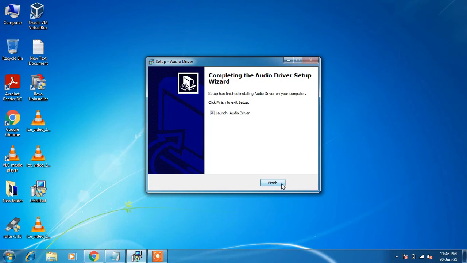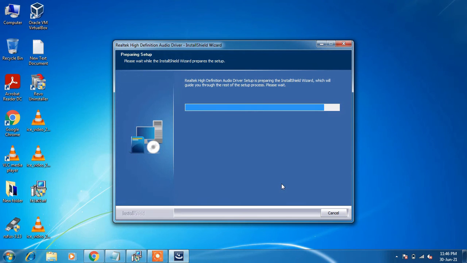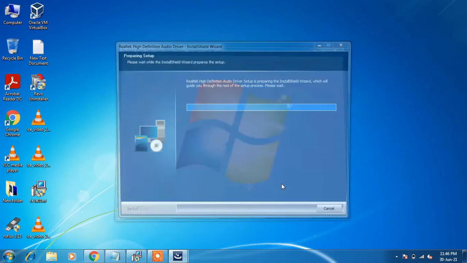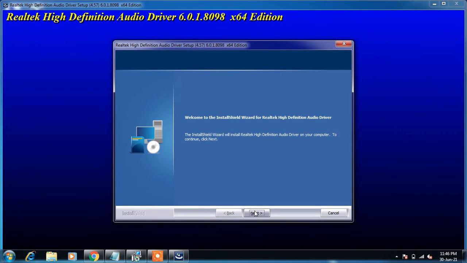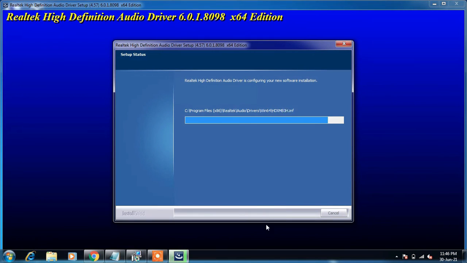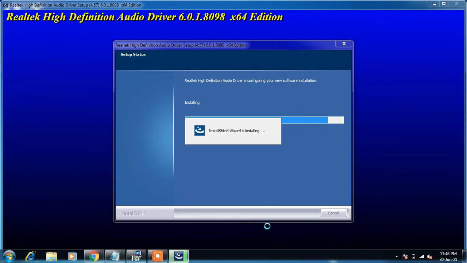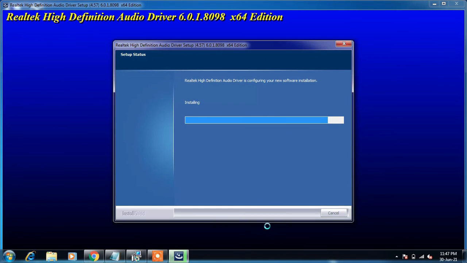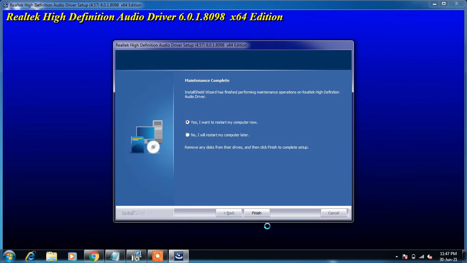Click on the finish button. Click on the next button. Now with this first option selected, yes, I want to restart my computer now, just click on the finish button.